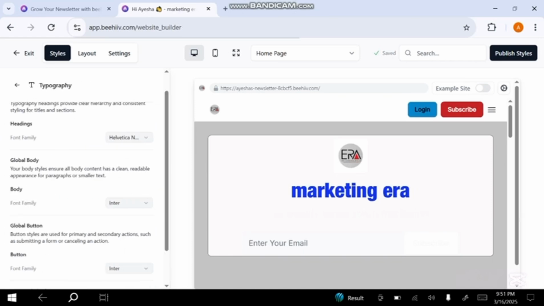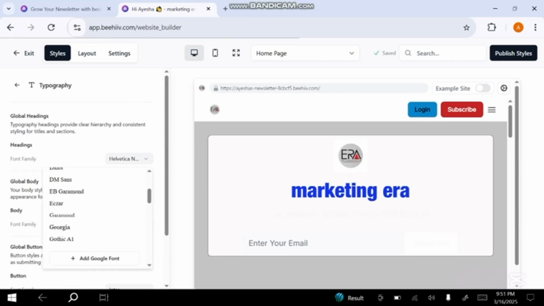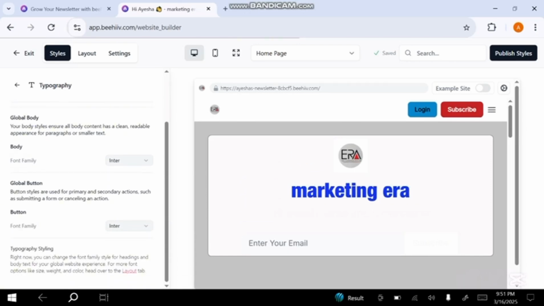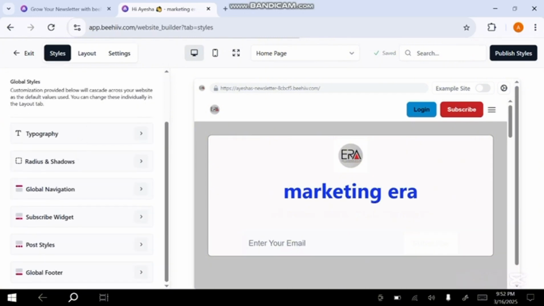if you want to. Here you also have this typography for the font. Here you can change your heading style, you can change your global body style, and you can change your global button styles. Even with this one click you can change it into whatever style you want. Here you can see that I have changed my main headings font style. You can see that. Here you have this radius and shadow option, so when you will click on that,